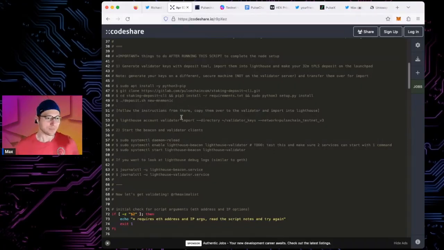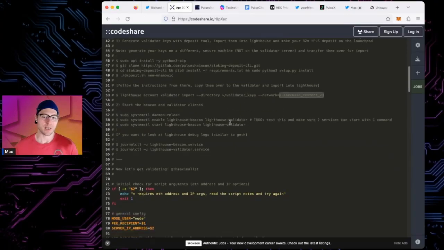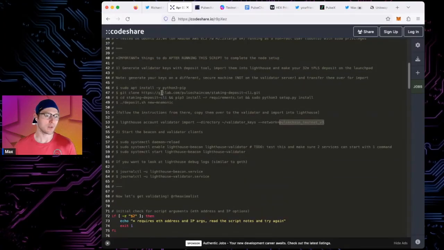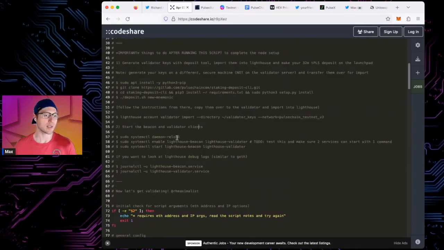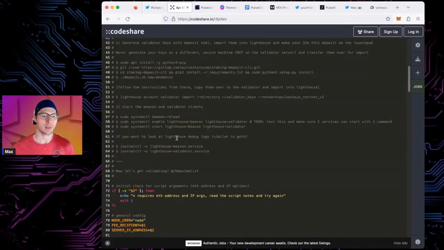There you go. And then after you generate the validator keys, you run Lighthouse and you import the keys. And your network is, of course, PulseChain_Testnet_V3. After that, so do your validator key generation stuff. The only other thing you need to do is this sets up your beacon and validator clients with Lighthouse. All you need to do after you set it up is import the keys using this command, and then